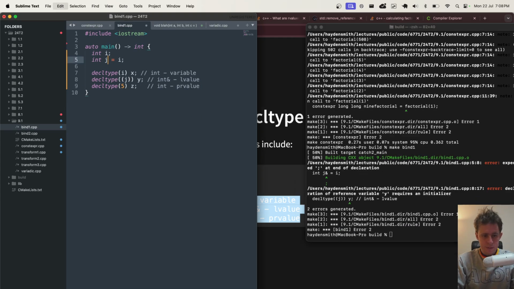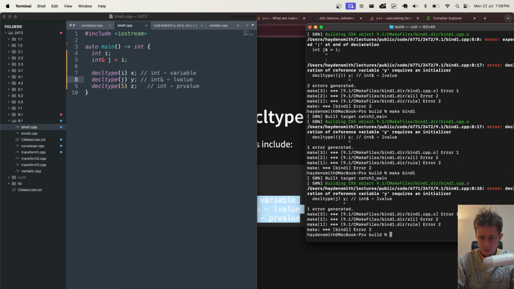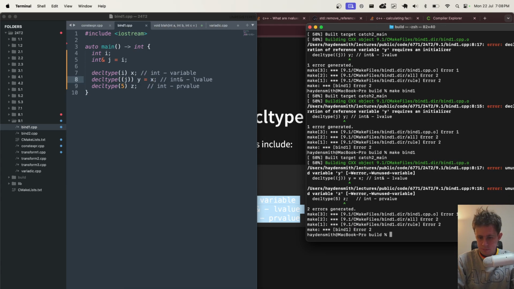Yeah, the ampersand's in the wrong spot. We know that. Declaration of reference variable y requires an initializer. Oh yeah, it's a reference, sure. So it needs to be like x or something. Unused. Yeah, void x. I know.